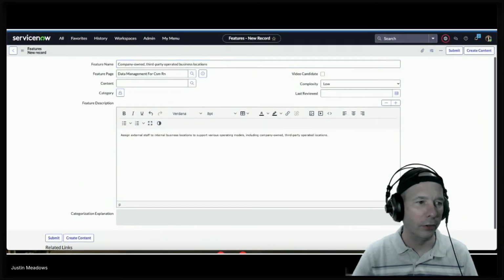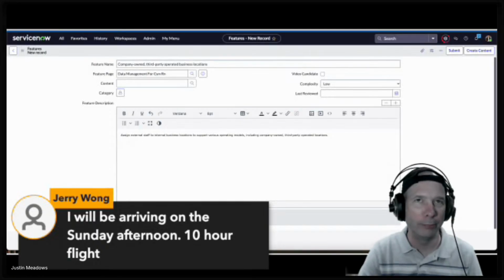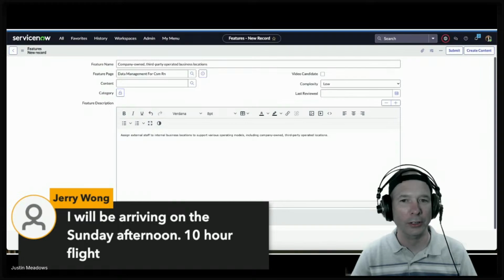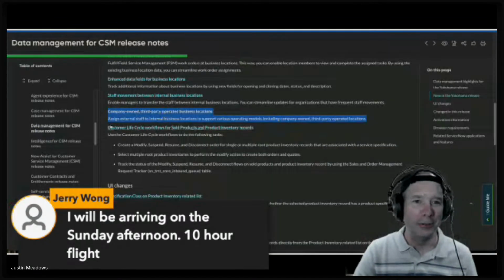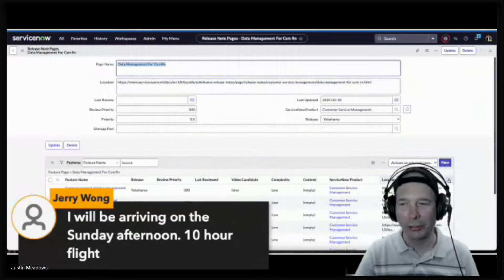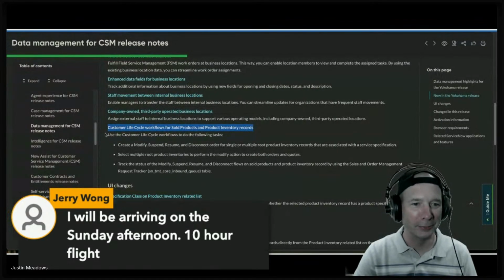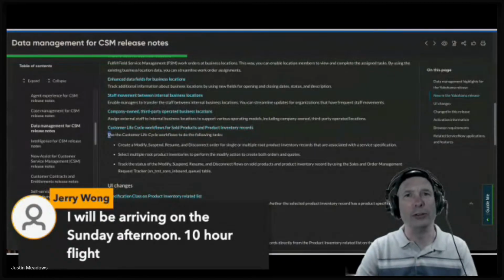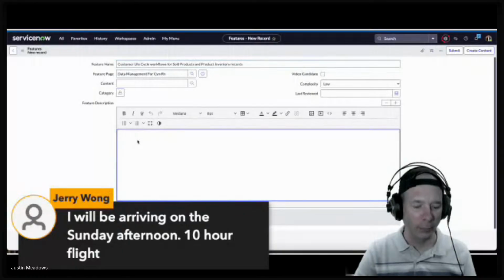Jerry says he was arriving on the Sunday afternoon with a 10-hour flight. Oh, 10 hours. Man, I thought my 4+ hours was awful. I can't imagine sitting still for 10 hours. I'm a very active person, and the thought of sitting still for so long, I don't know. I'm going to get, what do you call those? A blood clot in my legs or something. That'd be what I'd be worried about. Not wishing anything bad on you, Jerry. Sorry, didn't mean to put that out in the universe. No blood clots for you. That is a long time. Is it broken up by like